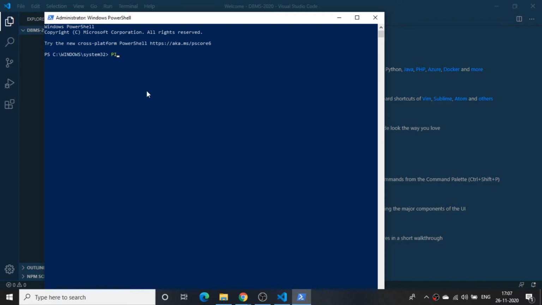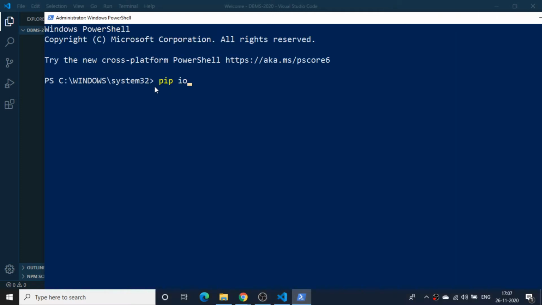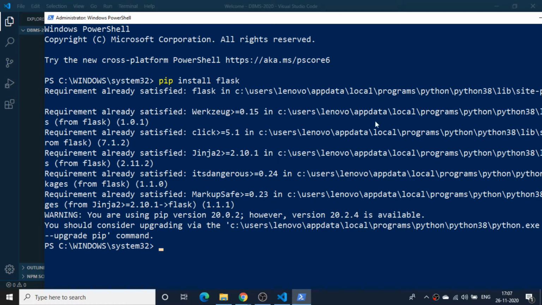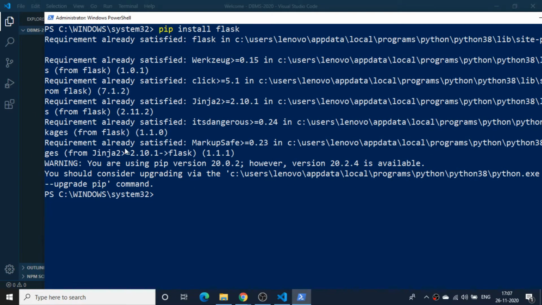So here I'll tell pip. I'll zoom in a little bit. So I'll type pip install Flask. This is the Flask framework. When installing, we just need to type pip install Flask. Once I run this particular command, the Flask module with the Flask library, everything will be installed onto our laptop. You can see it is showing requirement already satisfied because I have already downloaded it. In your case, it won't be like that. It will be collecting all the packages and installing them into this library.